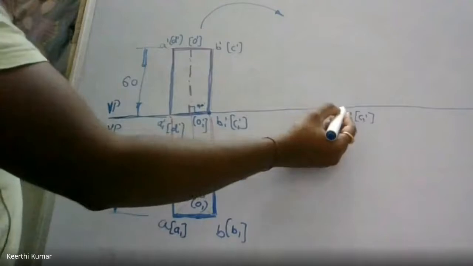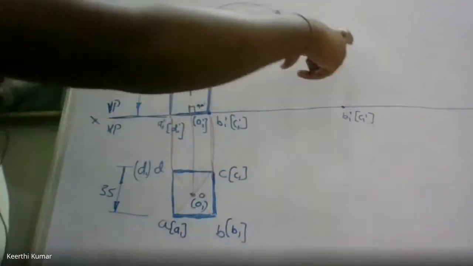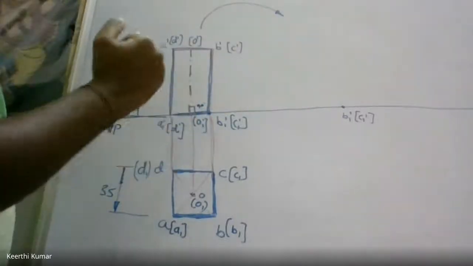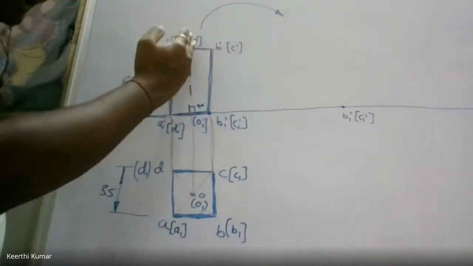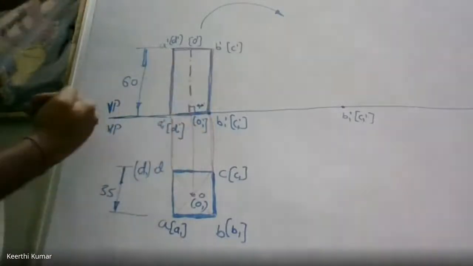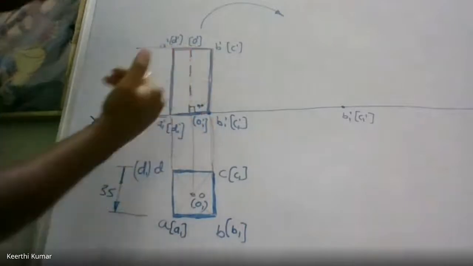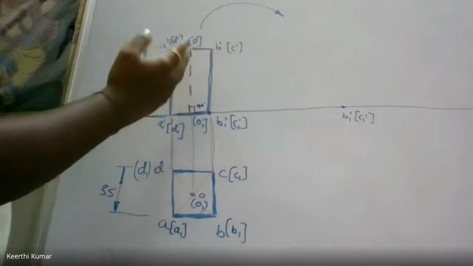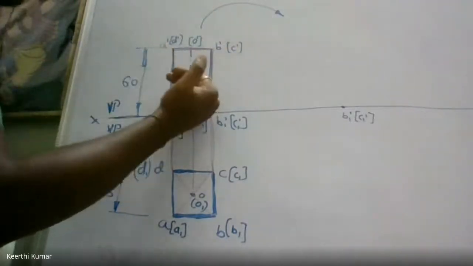How to draw now? After placing this, directly I will not take the axis inclination of 45 degree. I will take the help of the base. If I want the axis at an angle of 45 degree, at what angle am I supposed to rotate the base? 45. Correct. In some problem he'll give that the axis should be rotated to 50 degree. Then what is the base rotation? 90 minus 50, 40 degree.